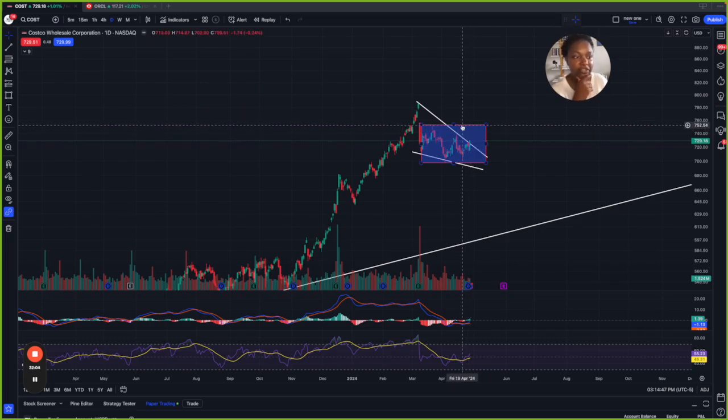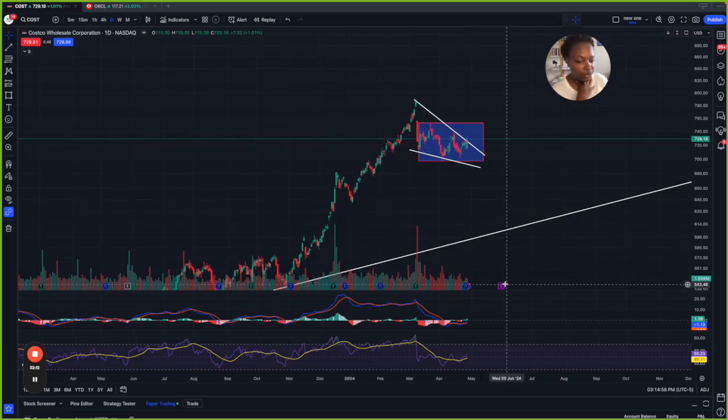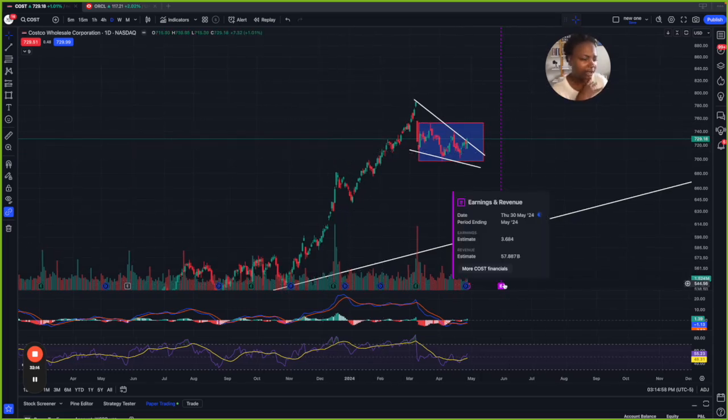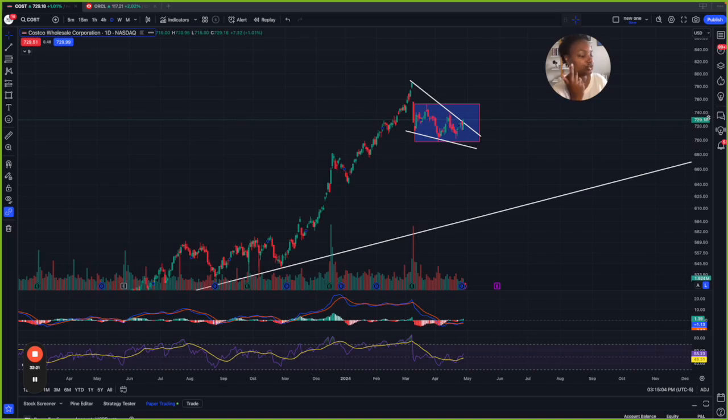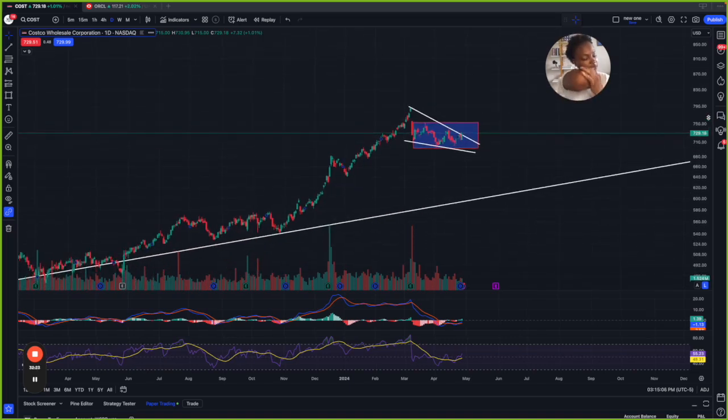But again, I just wouldn't even feel safe to advise, and it's not financial advice though, to do anything until it broke out of this range. Because why? They also do have earnings coming up at the end of May. So if this is something you were looking at to get into position now, then I highly suggest that you put a little elbow grease in, get on your resources, and see what the analysts are anticipating that Costco's earnings will bring them and what the implied move for Costco is.